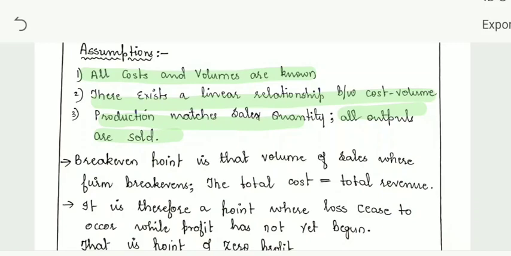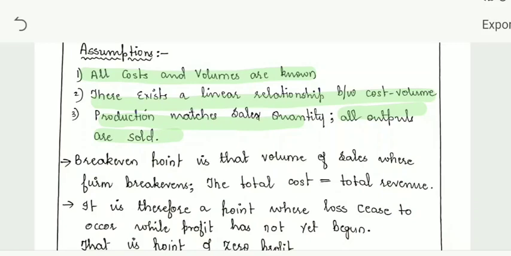That is when sales reach a point equal to all the expenses incurred in attaining that level of sales. This concept has proved highly useful for company executives in profit forecasting and planning, and also in examining the effect of alternate business management decisions. That means it will help you to make a decision.